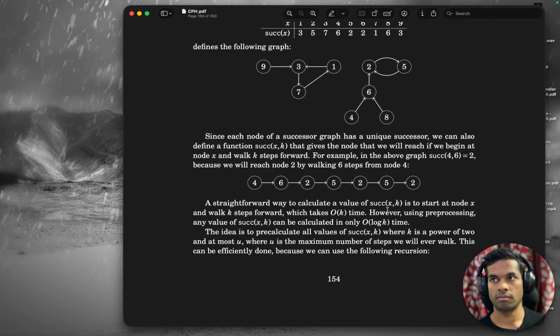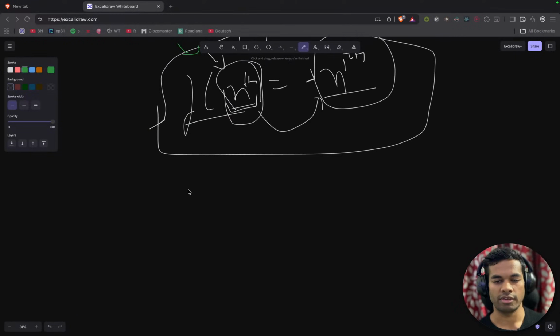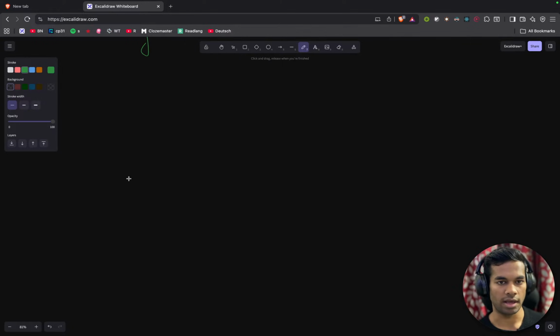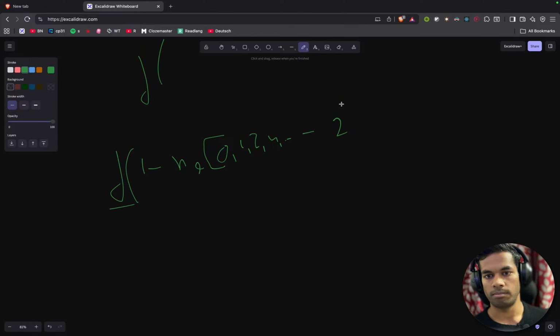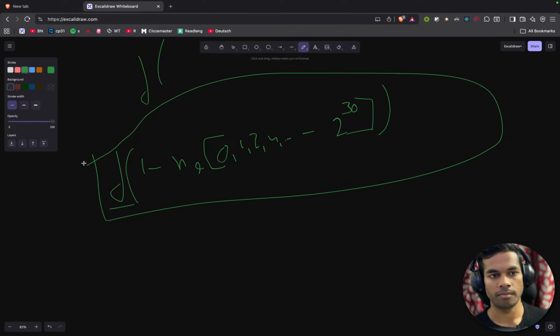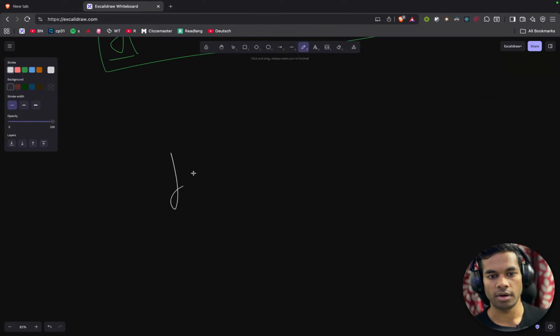Since we have calculated this for every node from 1 to n, and the steps for which we have calculated this are 0, 1, 2, 4, dot dot dot till something like 2 power 30,